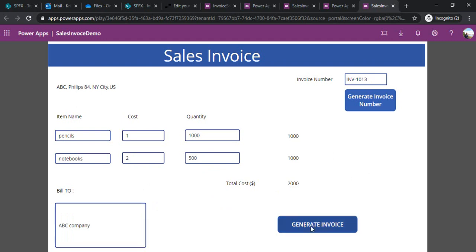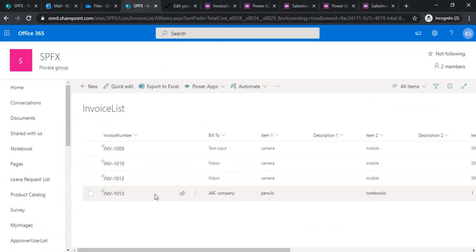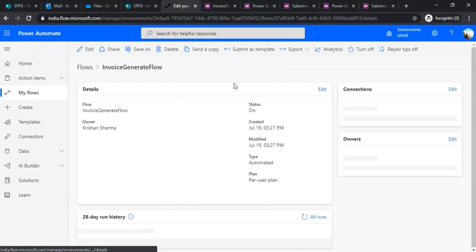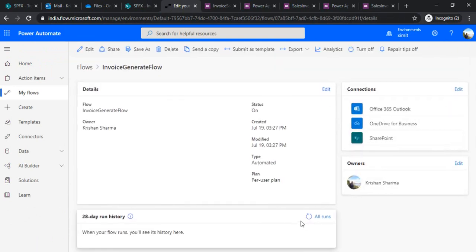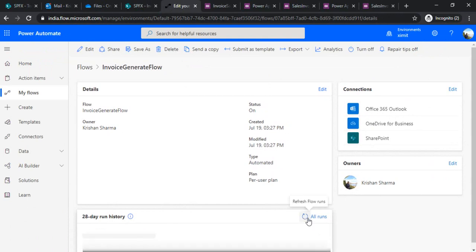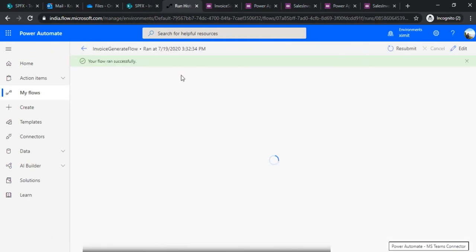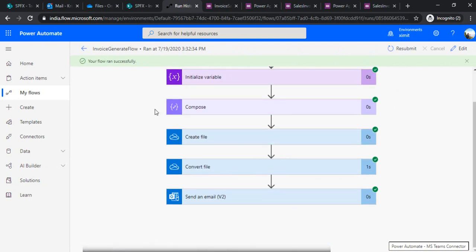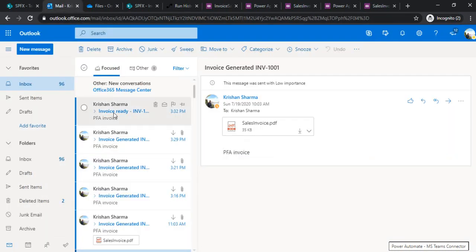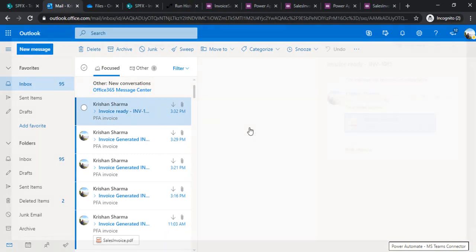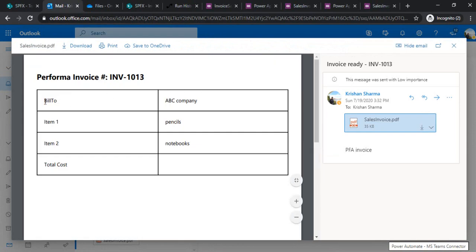And once I click on generate invoice, it will save my data into SharePoint. So I got this data in SharePoint, and my flow should run as well. I can check whether it ran or not. So it ran successfully, and ideally it should send out the email. So I just opened my email. I got this latest one, and this is the sales invoice. I'll open it, and now you can see it's billed to ABC company, with the item number and total